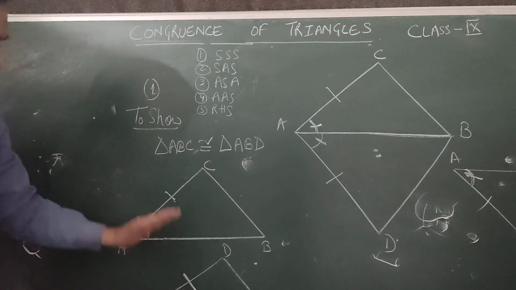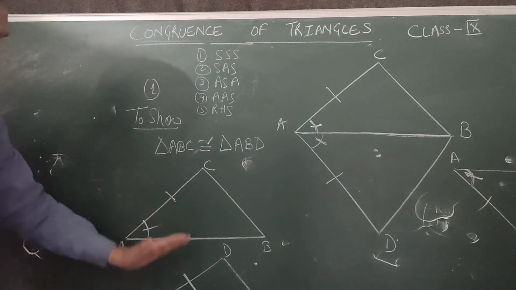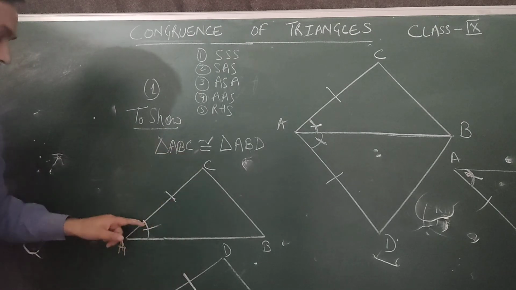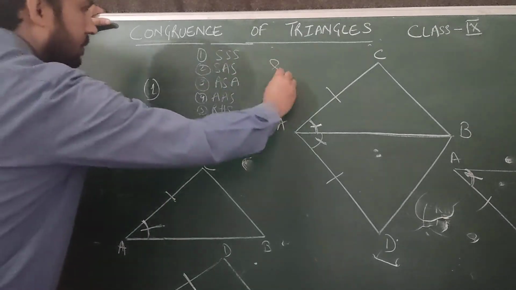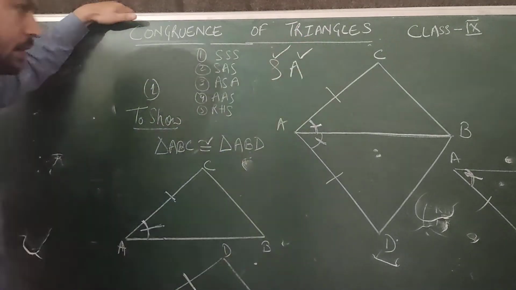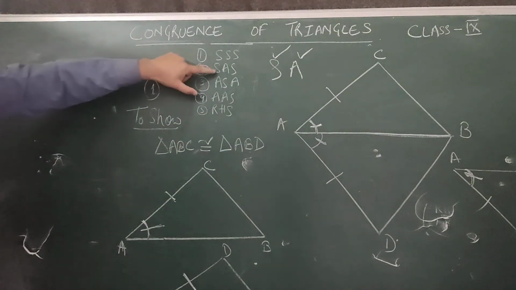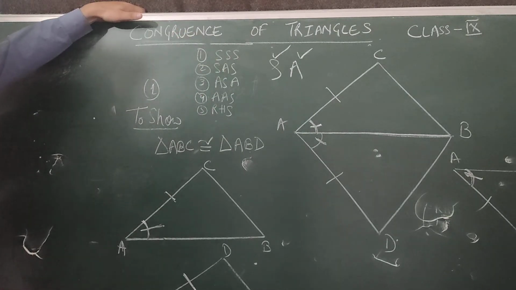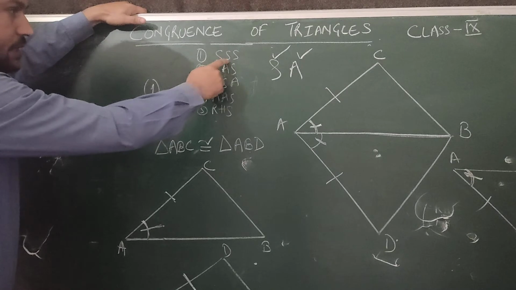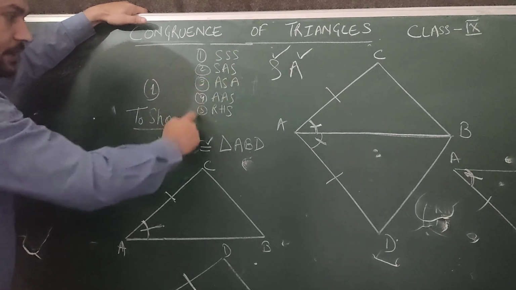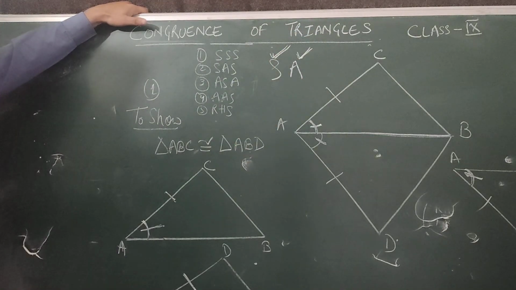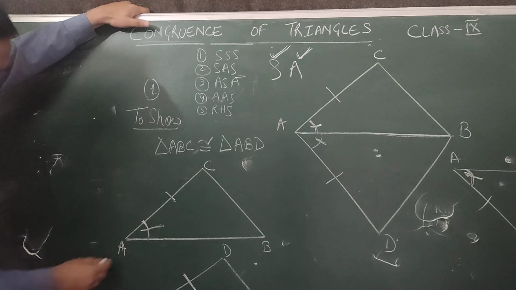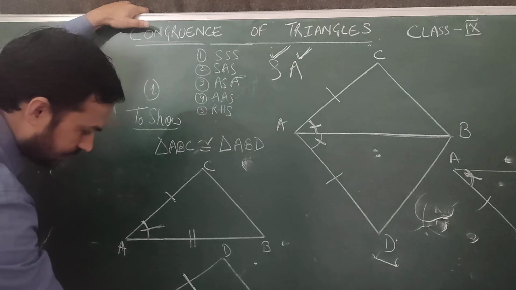One side is equal, that we can say, because this side is equal to this. Why? Reason is given. Second, we can say this angle is equal to this. That means one side is done, one angle is done. Then looking at the criteria, one side is done, one angle is done. That means the third has to be a side, because we can't say side side side, we can't say angle side angle, we can't say angle angle side, because already one side is equal, one angle is equal. So the only thing left is the third side. If we observe here properly, this line segment AB is equal to this line segment AB.